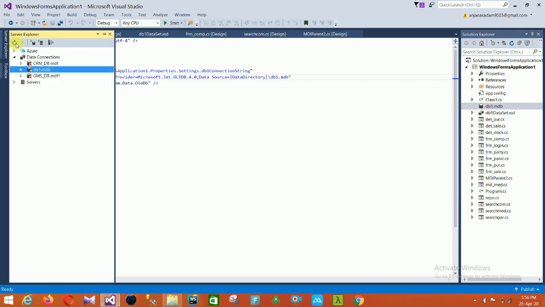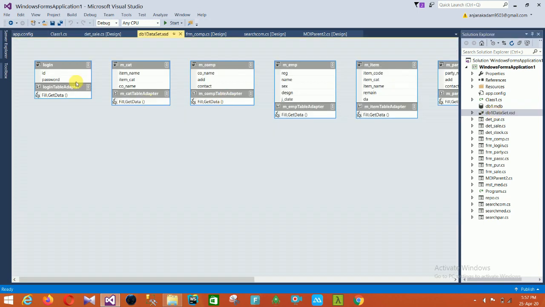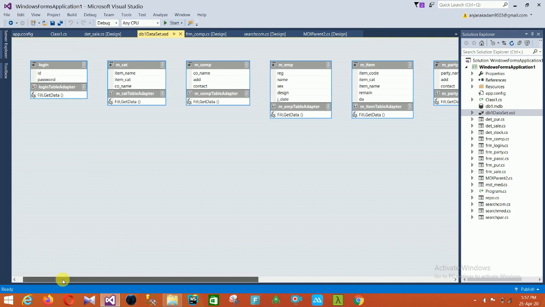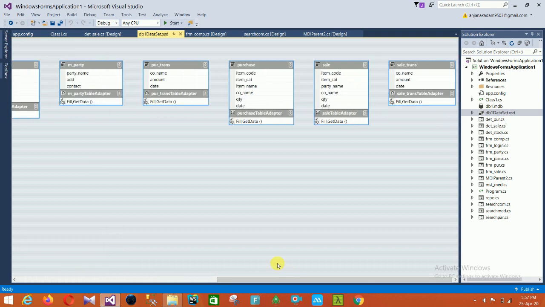Close this Server Explorer. Then the next file is the db1 dataset. These are our datasets: login dataset, sales dataset, purchase dataset, and the sales and sales transaction datasets. This is our datasets file.